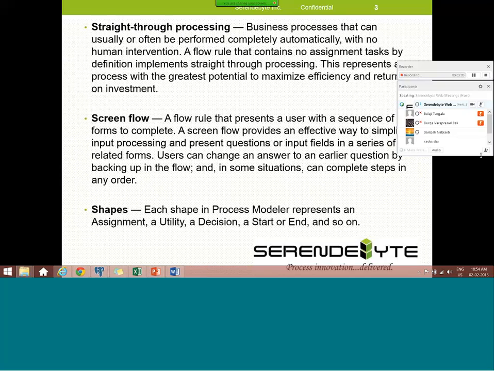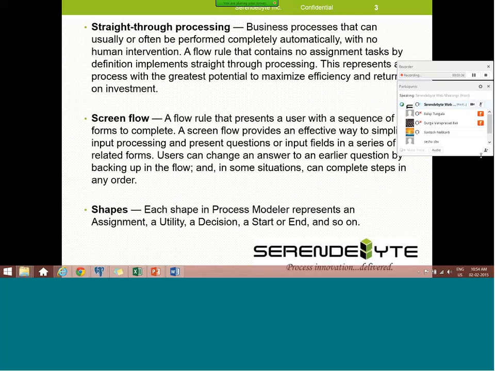Screen flows are another way you can represent things to the user, where you can go back and forth. Before creating a case, you may want to collect some information from the customer. They will collect the information on the first page and go to the second page, click next and add some information. If they want to make changes, they come back using the back button. So that is the use of screen flows.